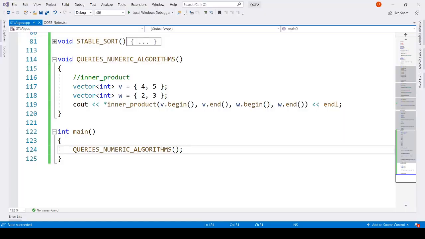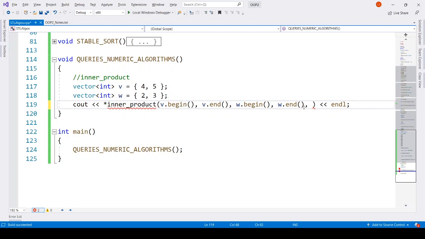Okay, some error. Let's see what it is. Let me check. Okay, there is one additional parameter, that is the initial value that it can take. So we add that, and it does not take the end of the second.